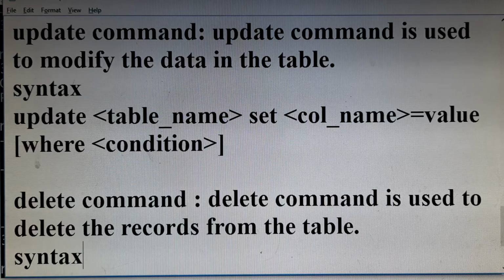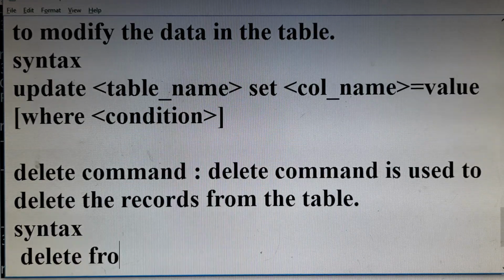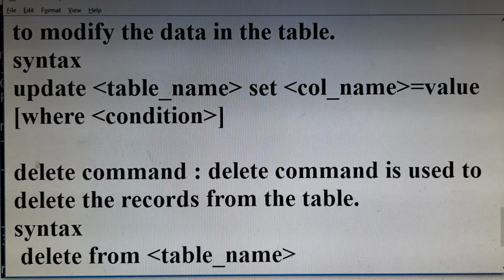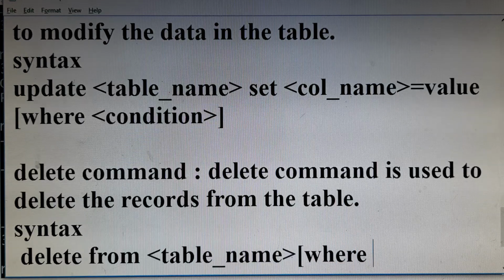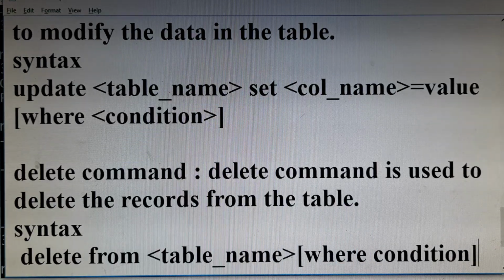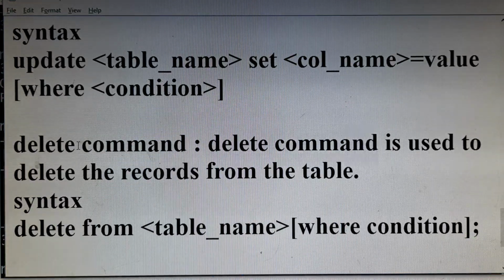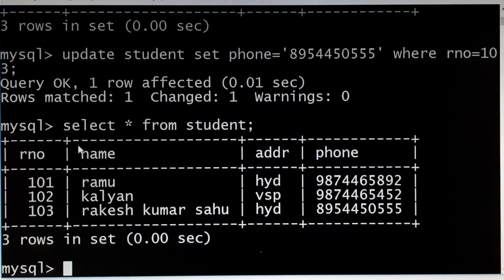So syntax is delete from table name where condition. If you don't specify the condition, all the records will be deleted. If you specify the condition, only the particular row will be deleted.